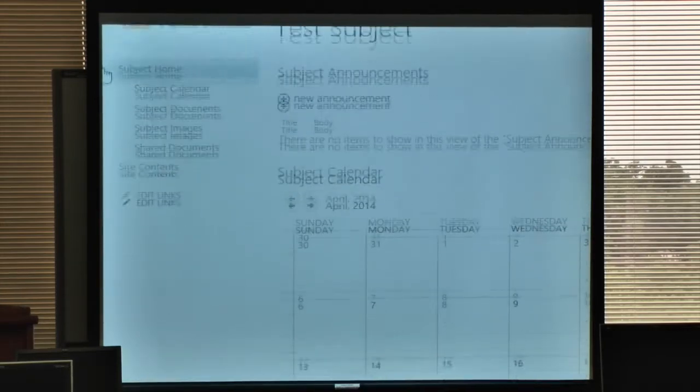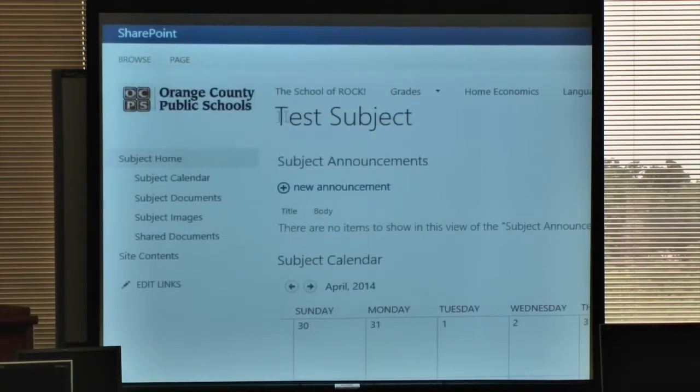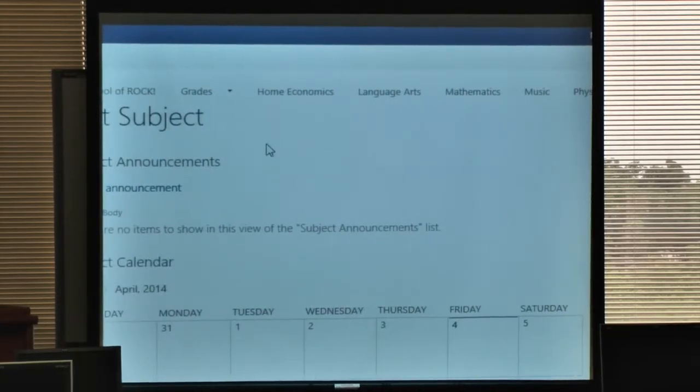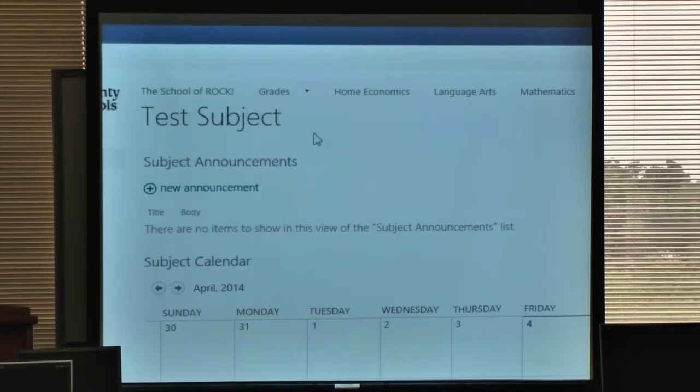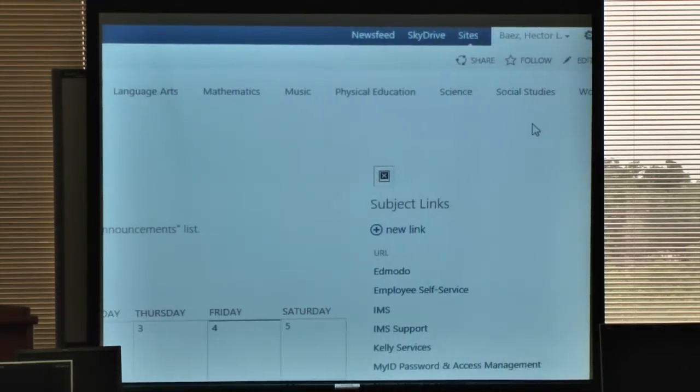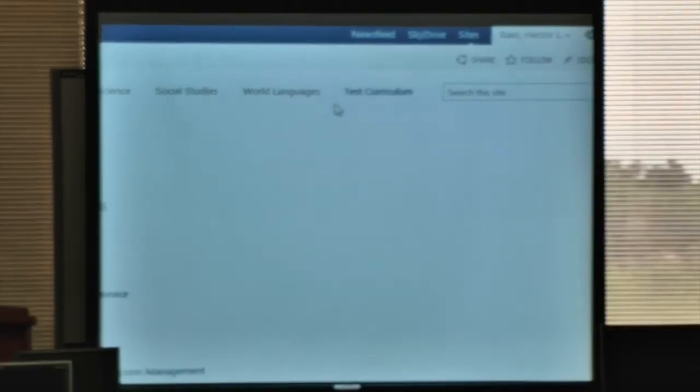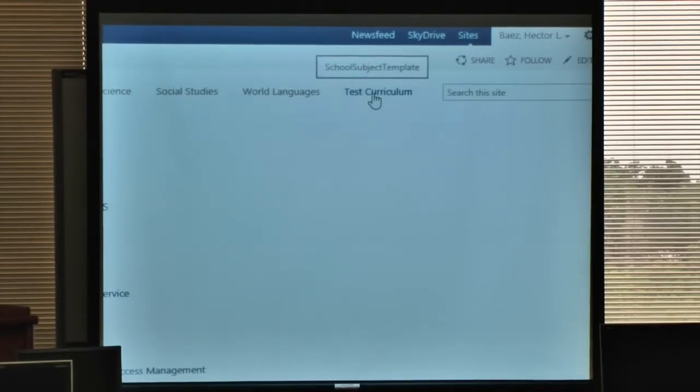Alrighty, so once again, let's go to the site. Once the page loads, you're not going to see the drop down, because once we create it, we have to tell SharePoint to show the subsites. So what you need to do from this point is find the link to the original top level subsite, click on it,